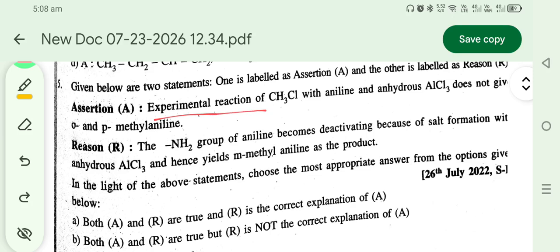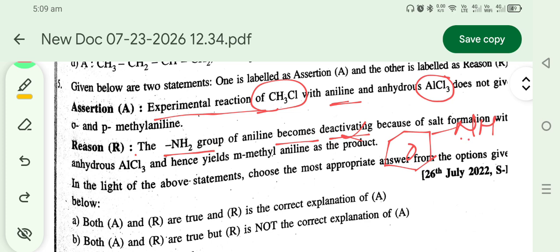The reaction of methyl chloride with AlCl3 is alkylation. In alkylation, aniline cannot undergo it. The reason: the NH2 group of aniline becomes deactivated. It is not deactivating; aniline, due to the presence of the lone pair of electrons, acts as a ring activating group. Hence the reason is wrong because of the deactivating group. Statement 1 is true: it is not involved in the alkylation reaction and does not give ortho para product. So statement 1 is true,